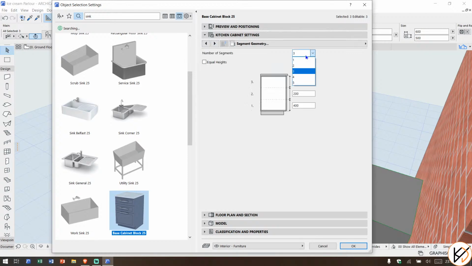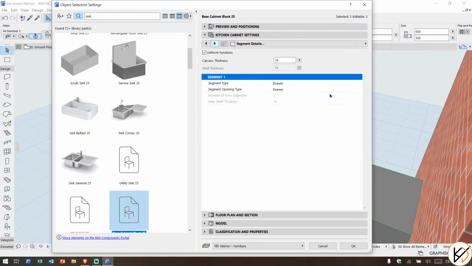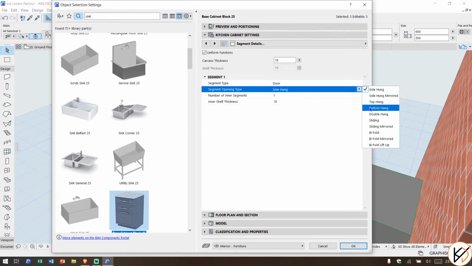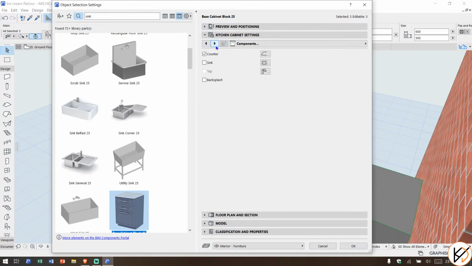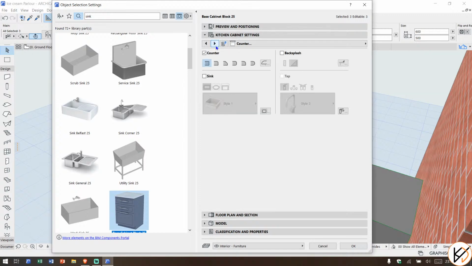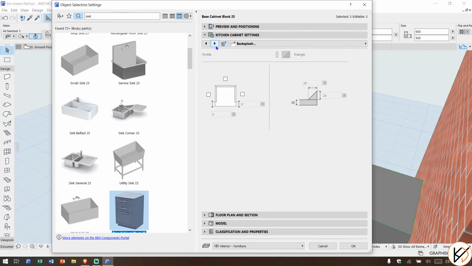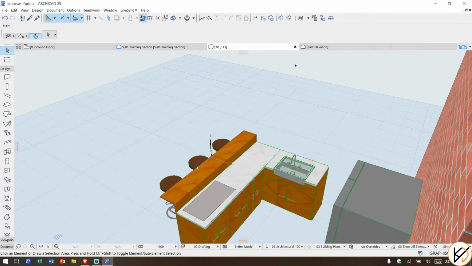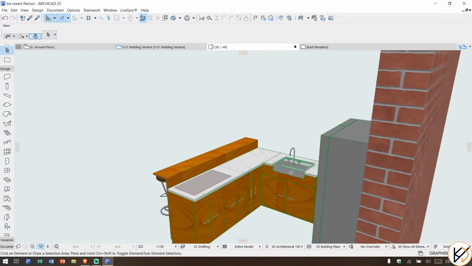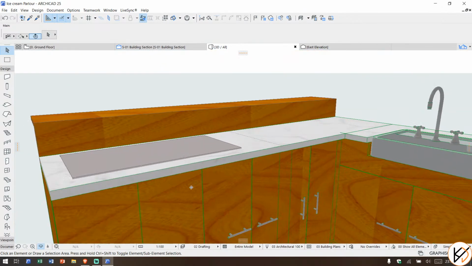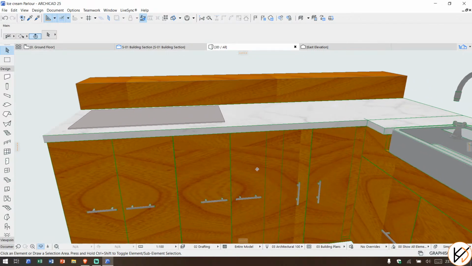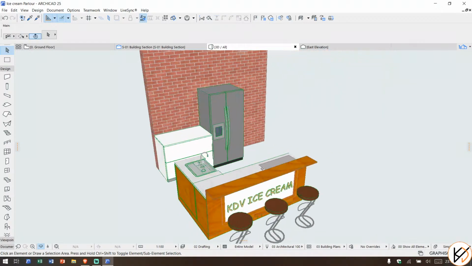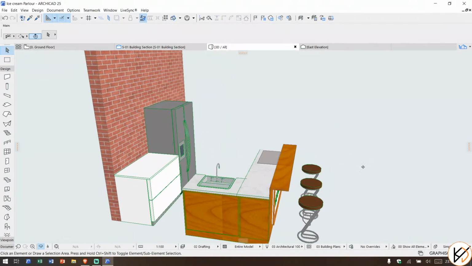Next, number of segments, I need one. I need a door. I need a double hang door. And I need this. Let me see. Yes, perfect. Yeah, that's what I'm talking about. So it is taking shape. So this can be our counterwork,